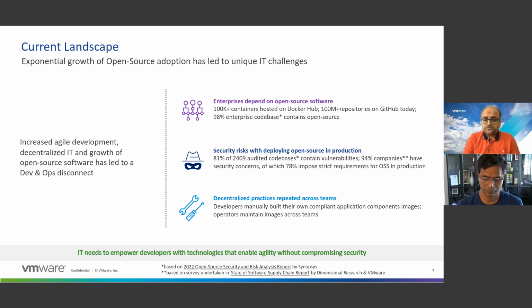But with growing adoption of open source software and agile software development practices, what we have also seen is that there is a disconnect between developers, security operators, and IT operations teams due to distributed usage of open source across different teams. Packaging practices vary across different teams, and the process to deploy open source also varies quite a bit. We did one study with Synopsys on open source security and risk analysis, and we found out that almost 81% of the audited code base of such open source software had security vulnerabilities which can be exploited